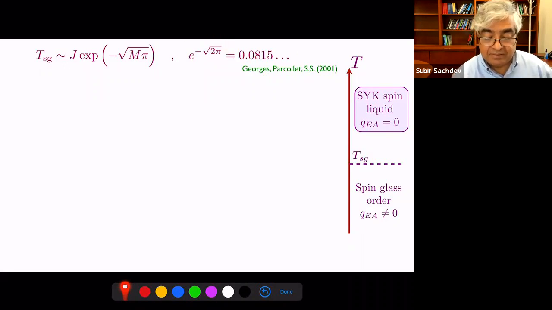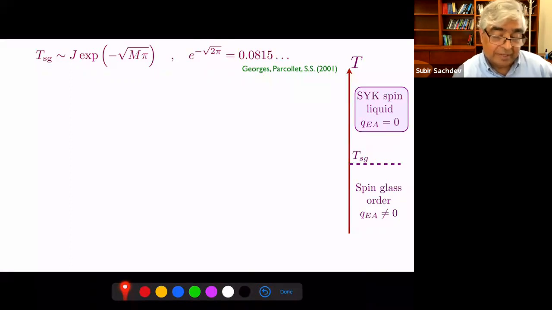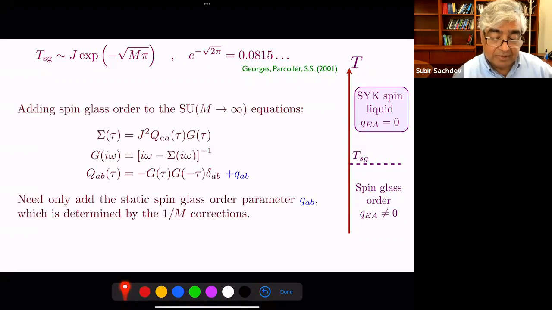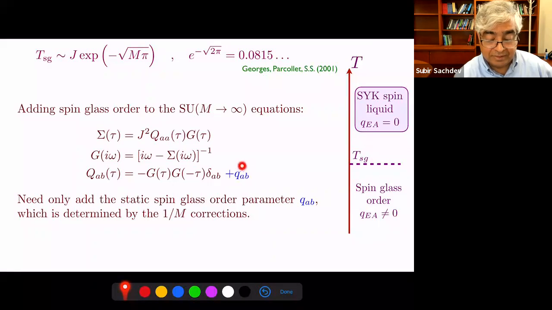And in fact, now numerically, we also know this is very weak. So even though there is an instability, there's definitely a region, even for SU2, where you can clearly see this spin liquid behavior. So we want to understand what happens as we go across this line. What happened to the spectrum? Well, it turns out that's very, very simple to work out, because the only thing that's happening to leading order is a small QAB. So just add this term to these equations in the off-diagonal contributions and the diagonal contributions.